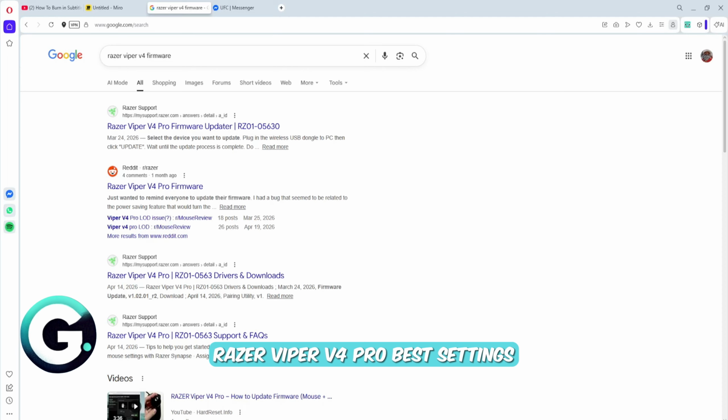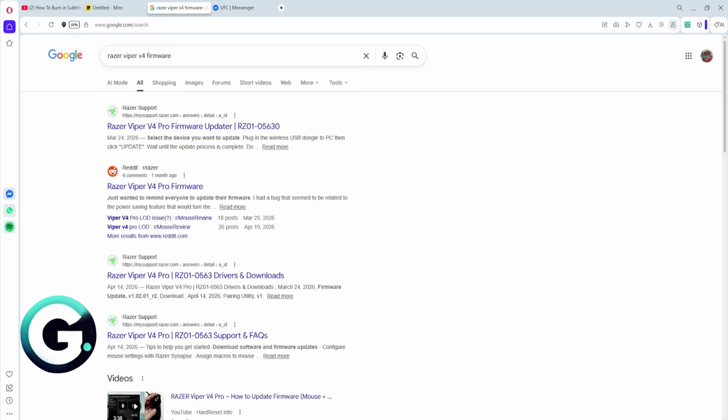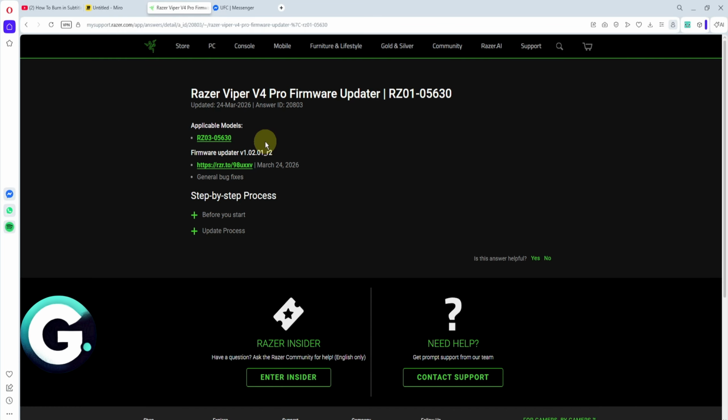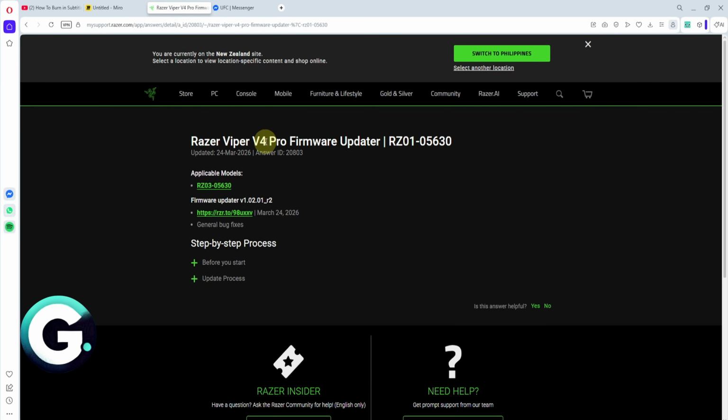Let's talk about Razer Viper V4 Pro best setting. So, of course, the first thing that you want to do is to just make sure that your firmware is updated to the latest version, making sure that there's no integrated bugs or missing files within the mouse itself. You have to navigate through the Razer Viper V4 firmware and just simply download the official file from the Razer